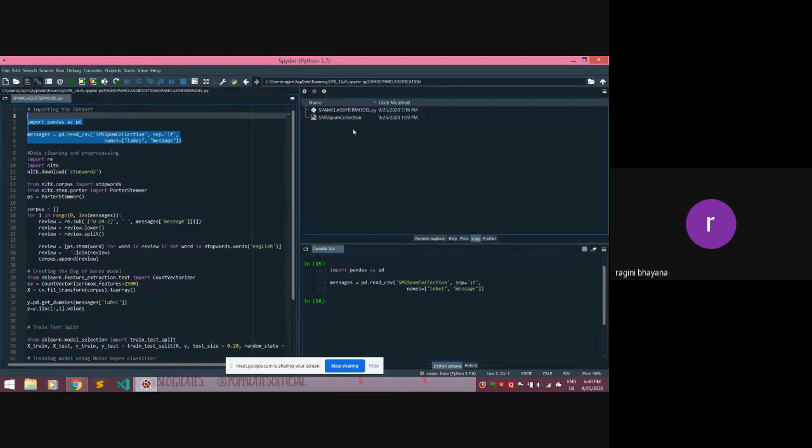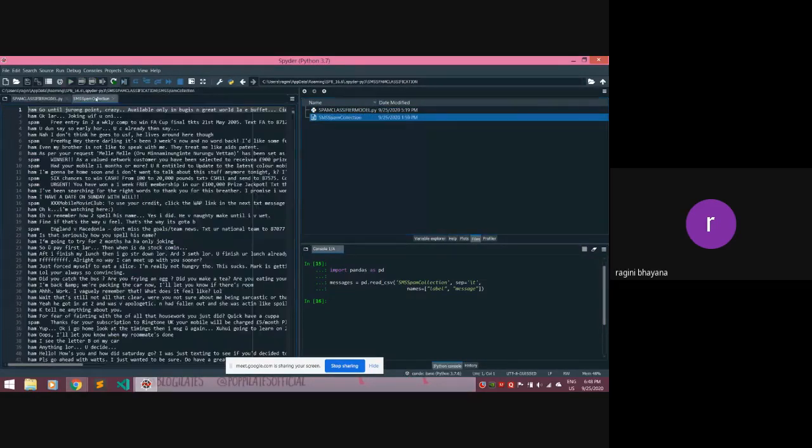Before that, I'll show you the file. Here we can see we have ham, which means it is not spam, and the message. If we open it in Notepad++, we'll see that ham and the message are divided using a tab. It is tab separated, which is our delimiter. So to divide this into columns, we'll use the separator as tab.